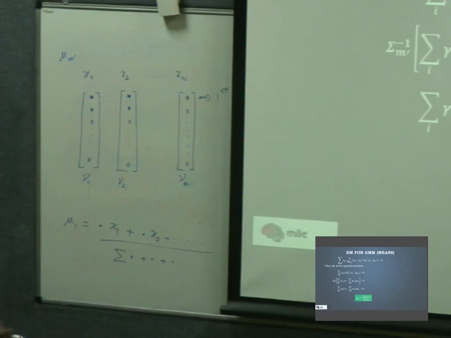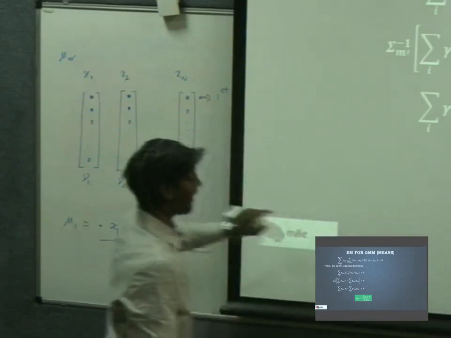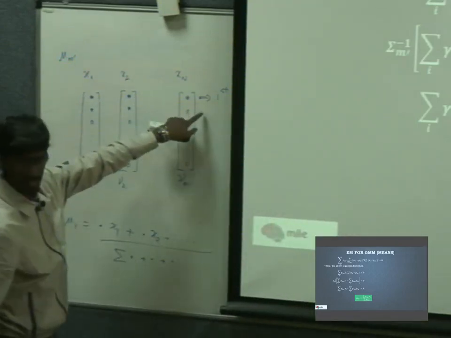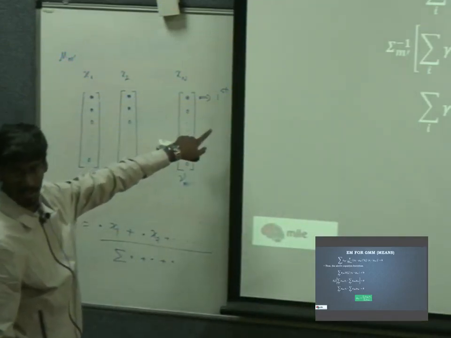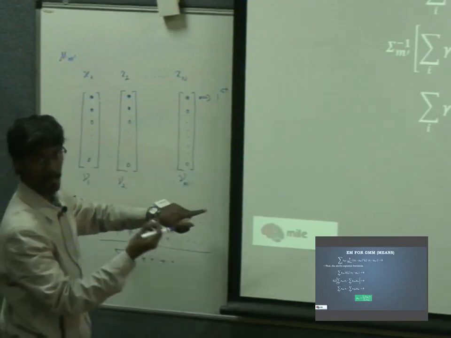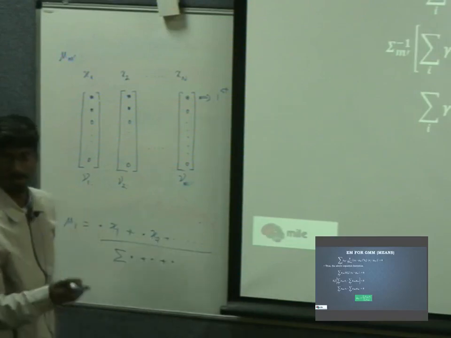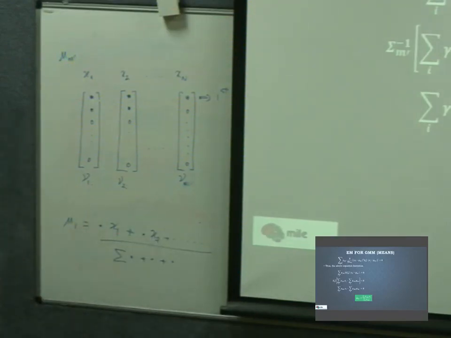Which summation? Summation over what? Summation over i. Okay. i is over 1 to N, capital N. N is the number of samples that we have. No, you should not consider i as row or j as column and all this thing. With respect to what you are summing? You are summing across all the data samples.